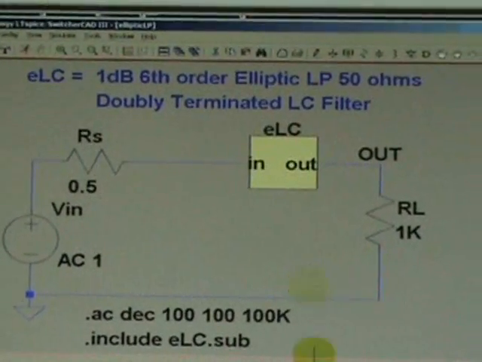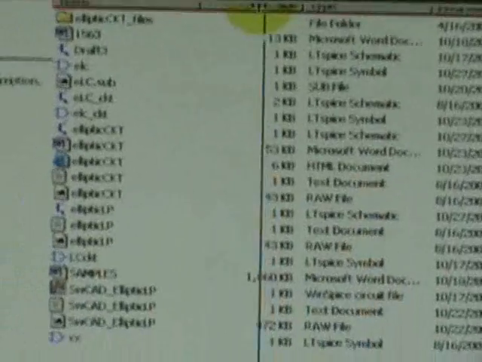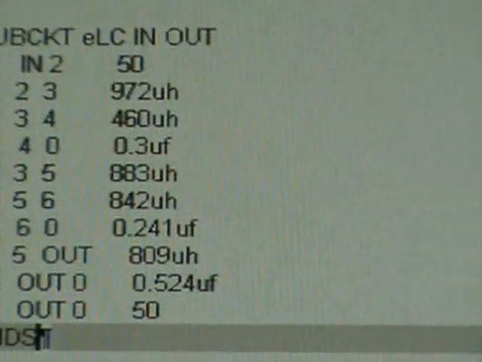Just for the sake of it, let us open up the text file of the sub-circuit. Let's go to my hard drive. Location, Centra, Live Demo 5, SwitcherCAD folder. This is the sub-circuit type. ELC sub, this one here. So I click select, send to my text editor. That is the sub-circuit. The name is, this is the in-out port, and these are the various components, and that is the end of the sub-circuit. So this is a portion that we did not show a while ago. That concludes our